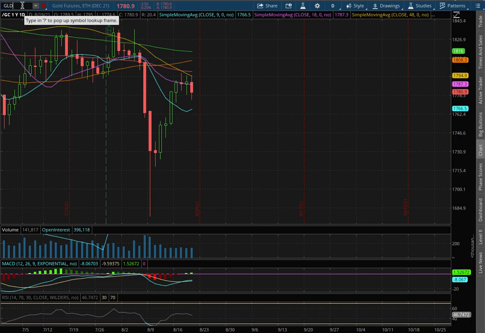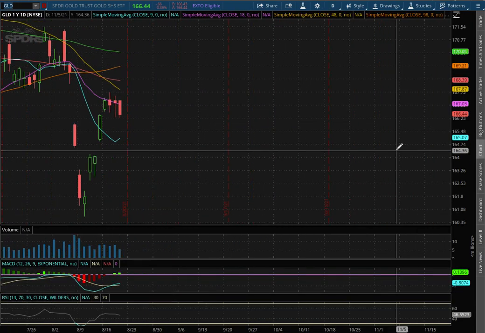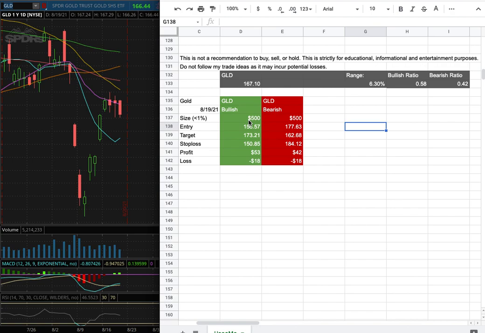As with the trade idea, I'll be trading GLD, and my position size for it is less than 1% of my portfolio. My long entry is at $156.57. My sell target is at $173.21, and my stop loss is at $150.85. However, if I were to open a short position, my entry is at